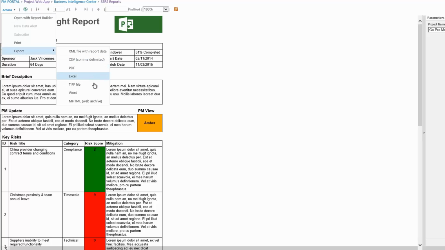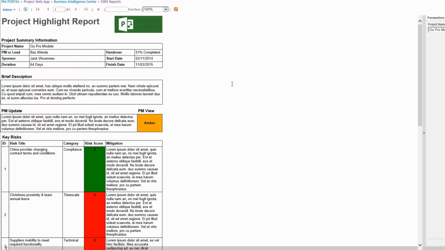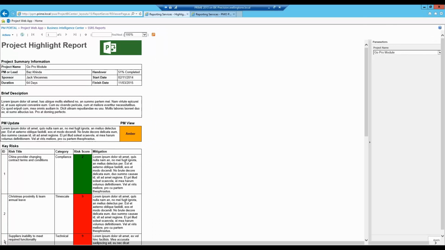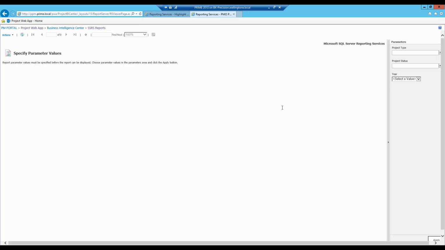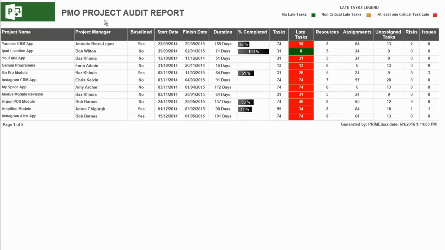So PDF, Excel, as an image file, as a Word file. The options are yours. And just to show you other types of reports, this is a PMO project governance report. So I'm just going to select the type of projects that I'm interrogating. I'm going to choose a project status, and I'm going to select a particular year, and I'm going to hit apply. So this one's PMO project audit governance,